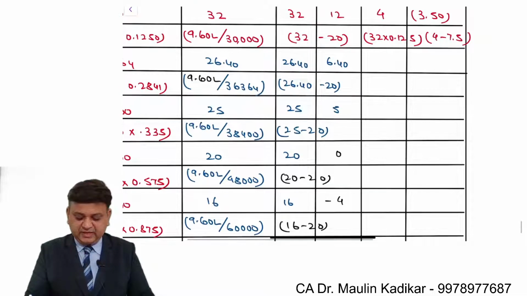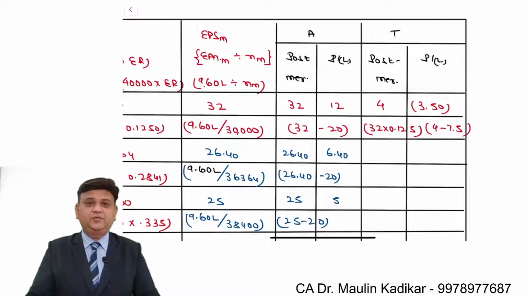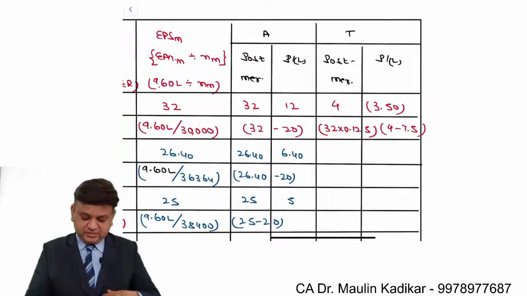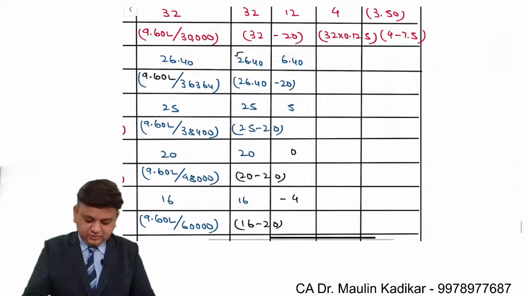This is the way we can compute the profit or loss to shareholders of each firm for the different exchange ratio. Now for the target company, it will be the EPS of the merged firm 26.4 into exchange